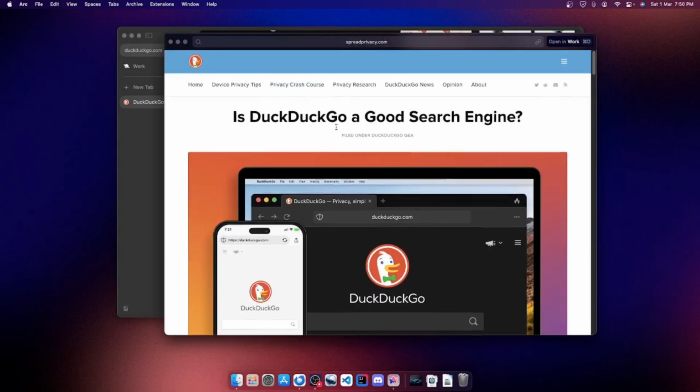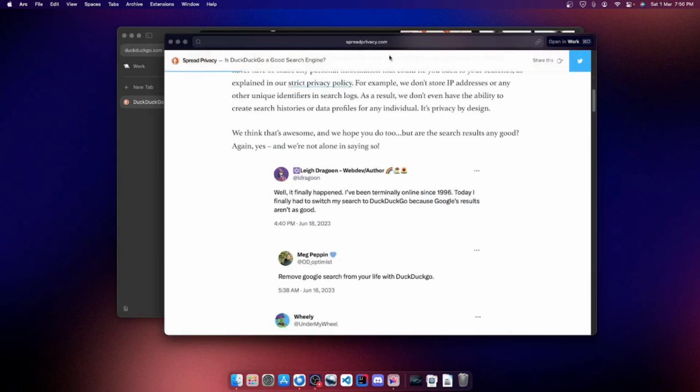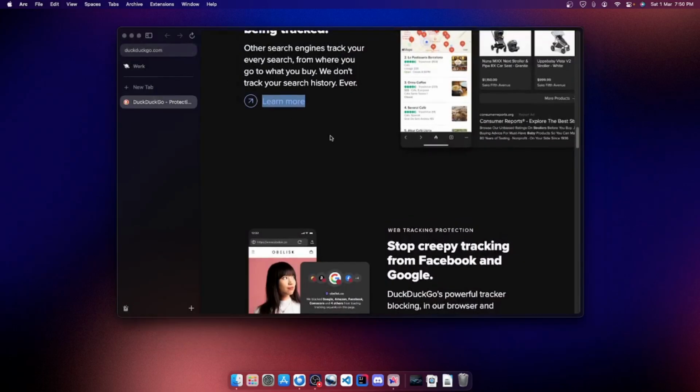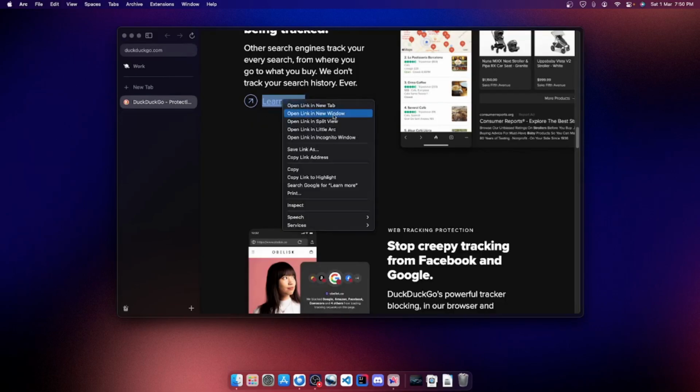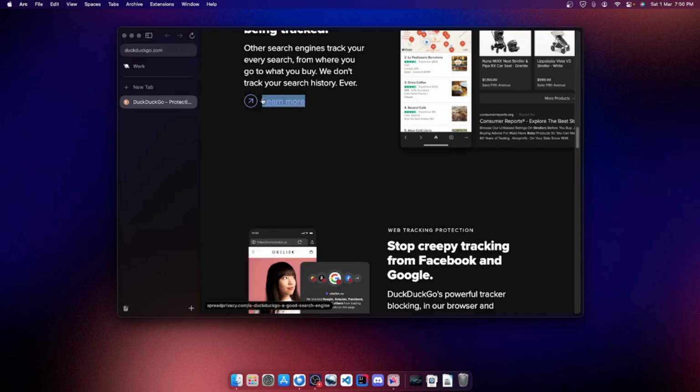So you could read it, and let's say it's just a quick thing, not really a long thing. So if it's a quick thing, you could launch it in Little Arc. Okay, there actually is a feature to preview it. So if you click here, I think it is here somewhere. Save link as, I'm pretty sure there is a link preview thing. I think it is in the settings.